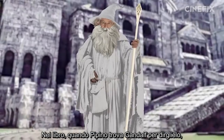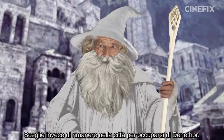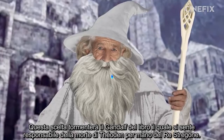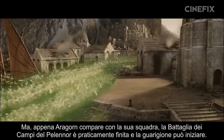In the book, when Pippin finds Gandalf to tell him this, Gandalf is about to head out to the fields to help Theoden and Rohan battle against the Witch King, choosing instead to remain in the city and deal with Denethor. This is a choice that haunts Book Gandalf, and he blames himself for Theoden's death at the hands of the Witch King. But once Aragorn shows up with his crew, the Battle of Pelennor Fields is basically over and